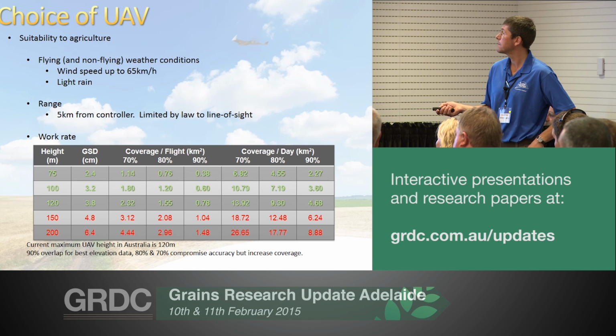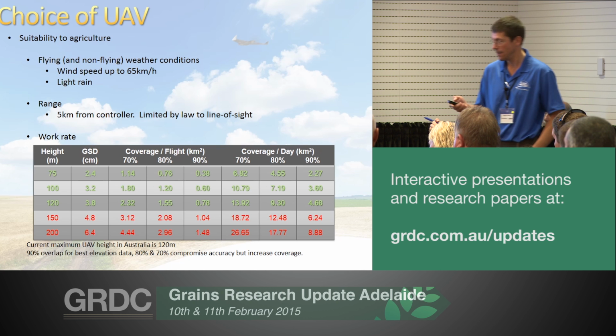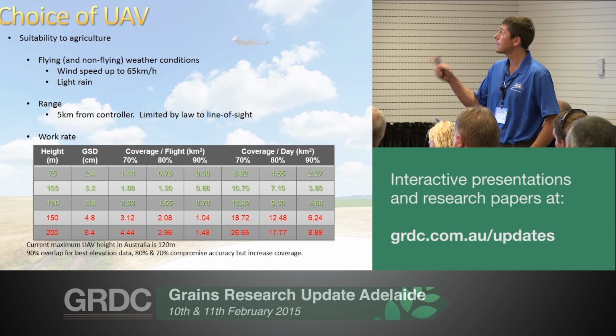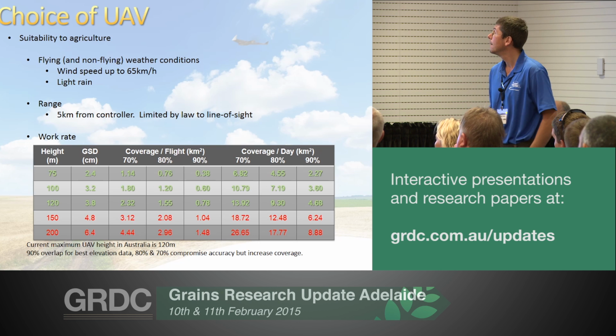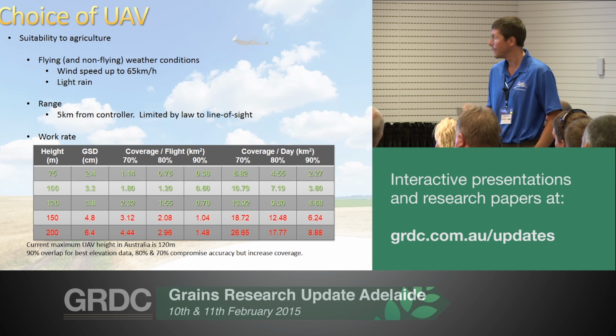Bottom two in red, yes, that's the sort of height we'd like to be flying at, but legally we're not allowed to fly above 120 metres in Australia at the moment with the CASA regulations. This UAV is capable of flying at 750 metres up, which of course then gives you 10 times the work rate, which would be fantastic. But